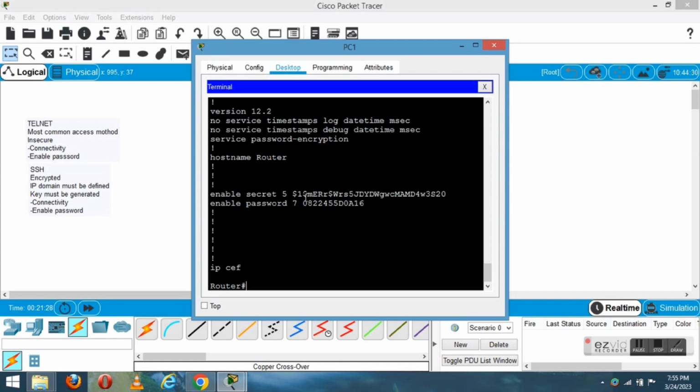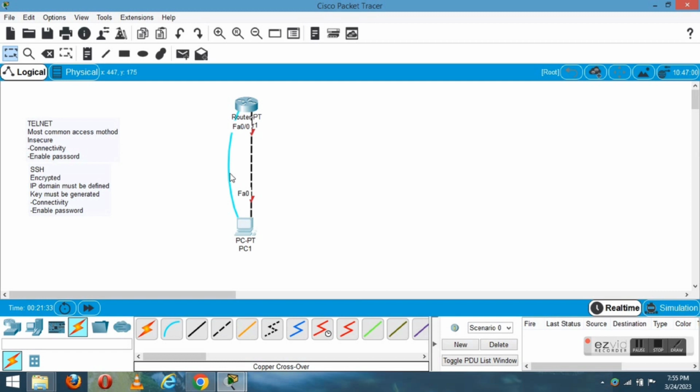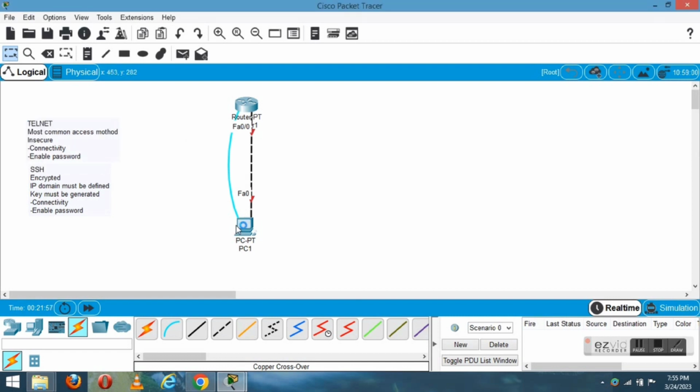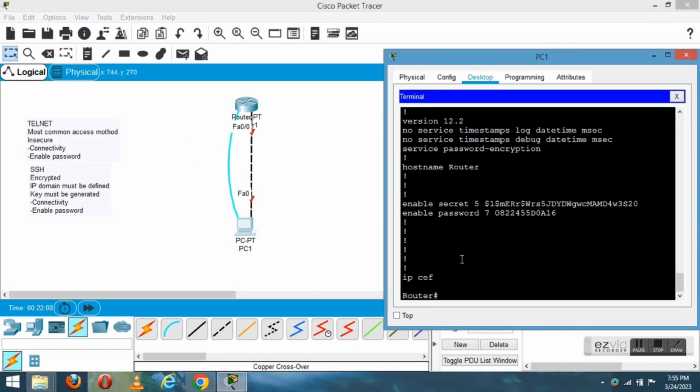So what if we want to gain remote access to the router? That means removing this console cable so that we could gain the remote access. For remote access, Telnet is one of the most common methods used to access the router. For this we require the connectivity and the enable password. Here the password is this. And now for gaining the remote access, we have to check the connectivity, that is we have to go to